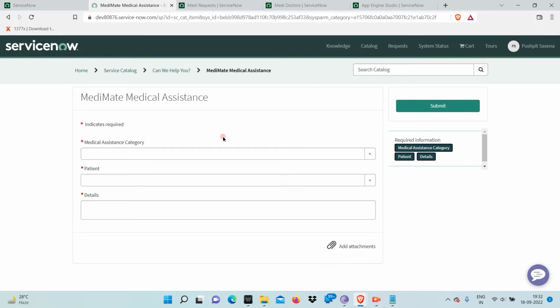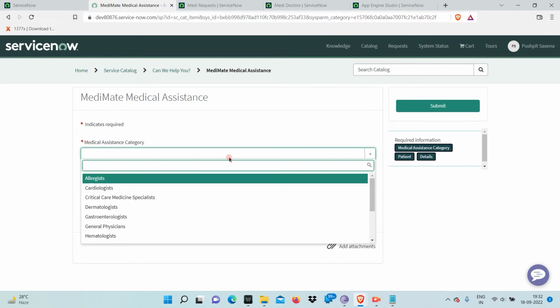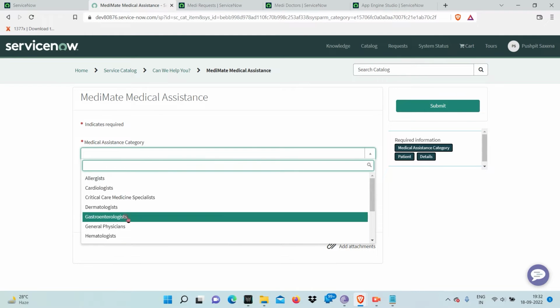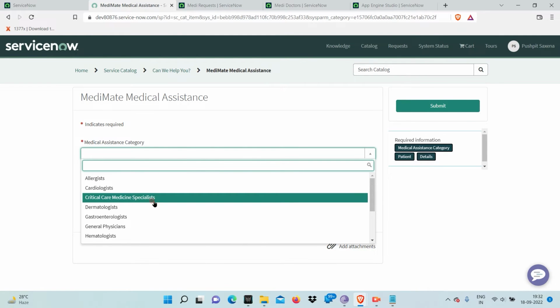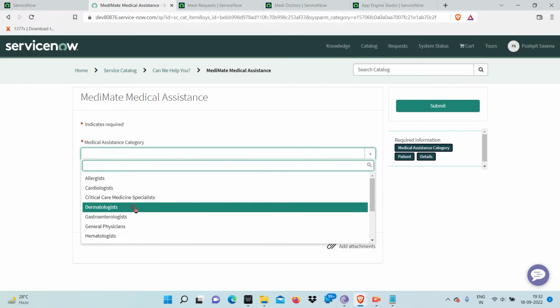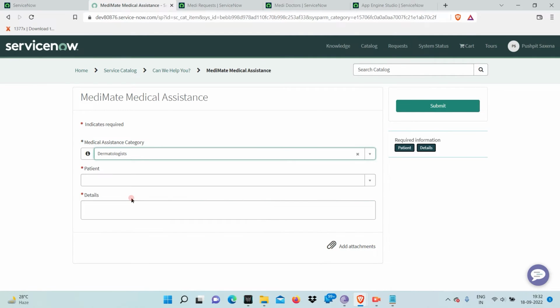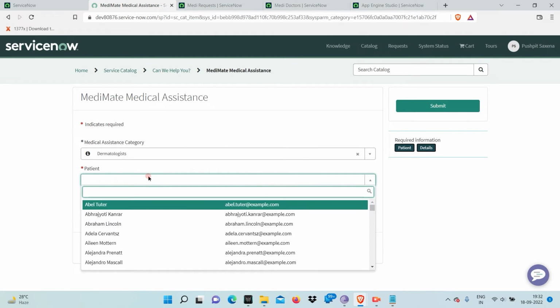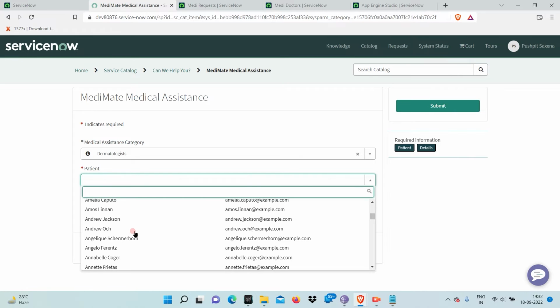Here we have to select a particular division, the categories or the type of doctors we need assistance with. For example, here we'll select dermatologist, because there might be a patient who has an issue or an infection related to their skin or something like that. So we'll do that. We'll select a patient. Let's take